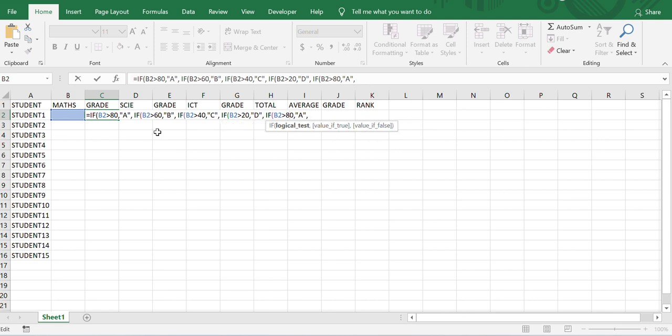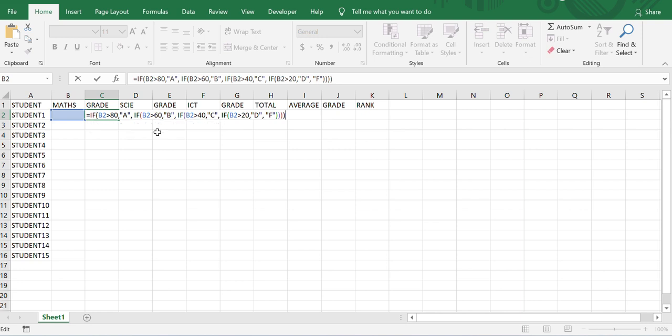And also, otherwise, say F, because we are now going to remain with one option. So it will be from 0 to 20, that is an F. Right, so we have to close the bracket